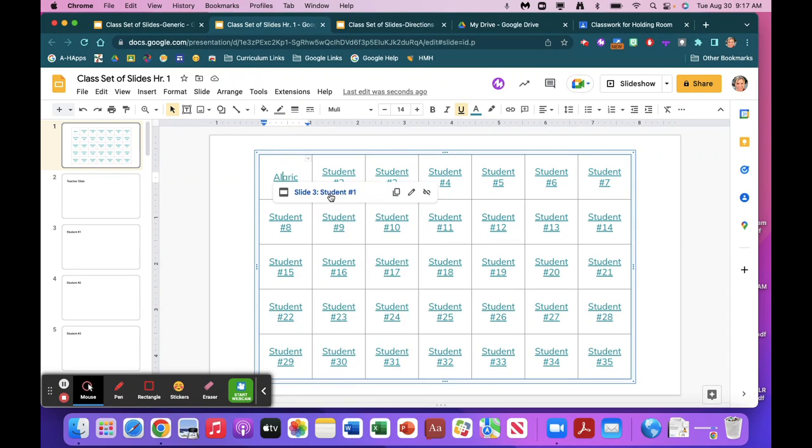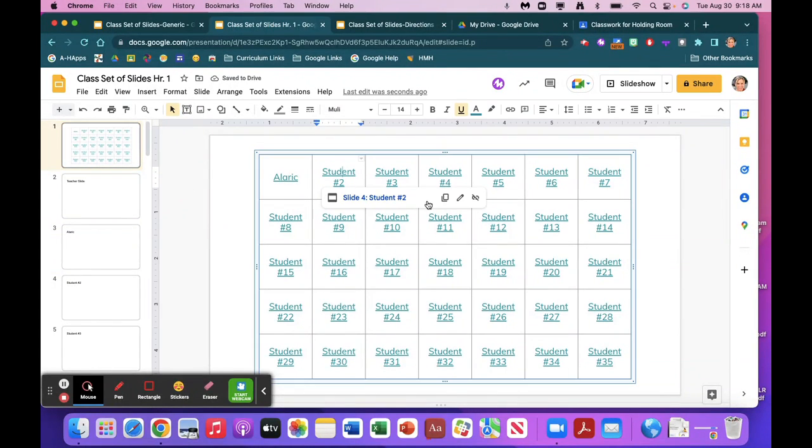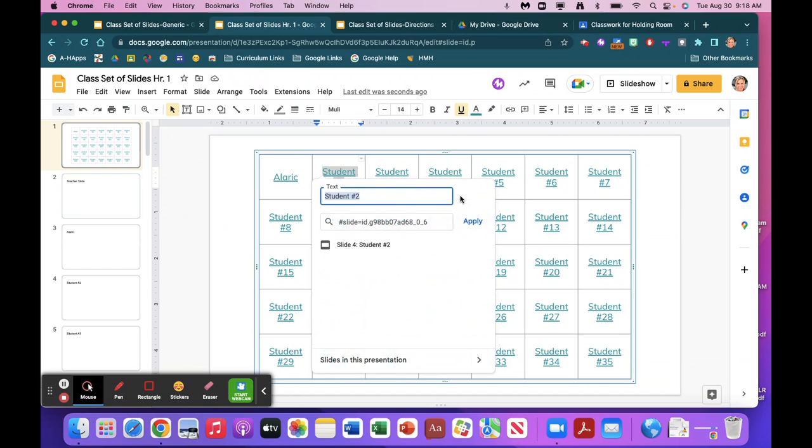Now, if I click it again, you can see that when I click the link, it goes to Alaric's slide, but it still says slide number 1, so I have to change that too. So I'm going to use that link to get to Alaric's slide and change it from student number 1 to Alaric. And then you would just continue doing this until you are finished